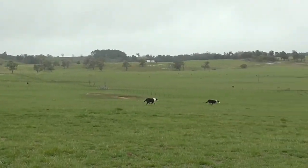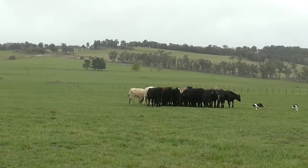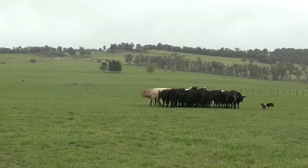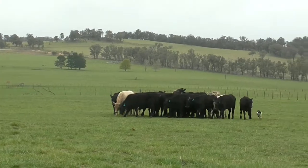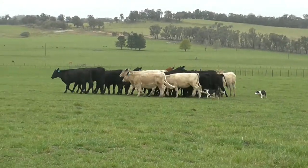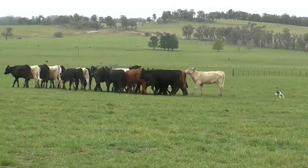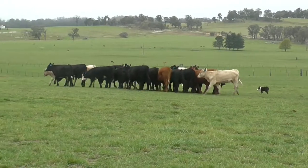This is Cat and Belt. They're 8 months old now. These are the two bitches I have in the sale down at the ALEC Centre in a few weeks. I'm just working them as a team or a pair and playing around with just getting them a bit separated